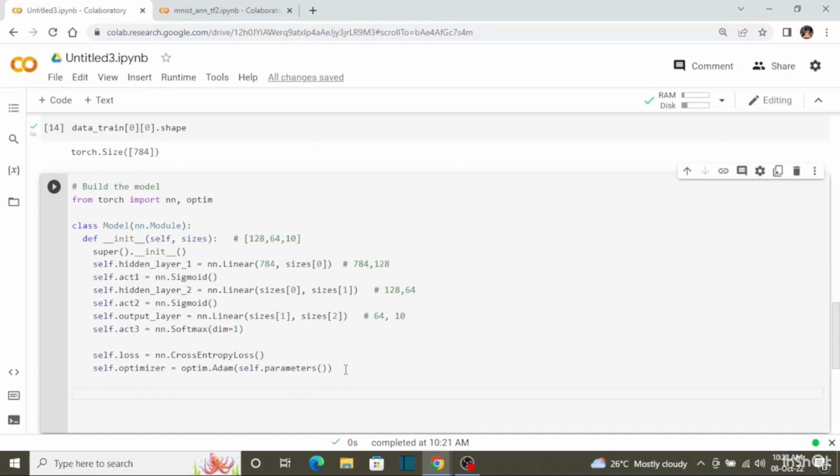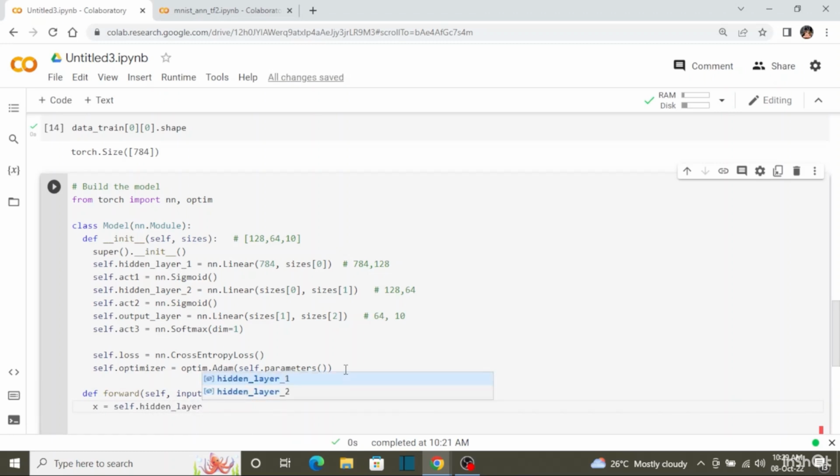Now we have built all the modules required for building the classifier. So we will actually build the network now. For building the network, we have the forward function. For the forward function, whatever my inputs are coming, which are images during the training, those will come here. Now for connecting, I just need to call these layers. Hidden layer 1, and then inputs will go here. Okay, and then x is equal to